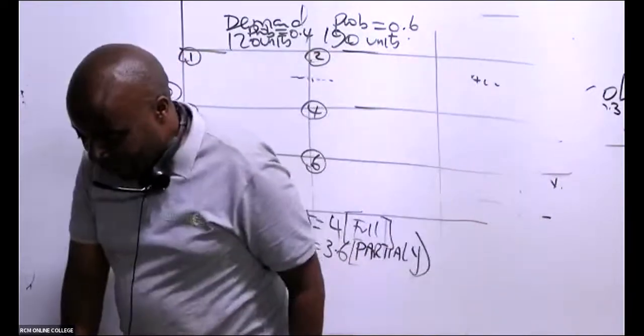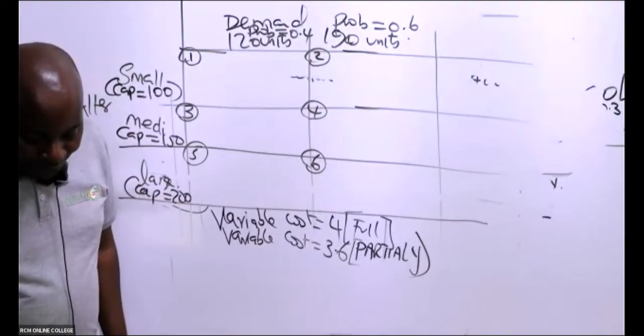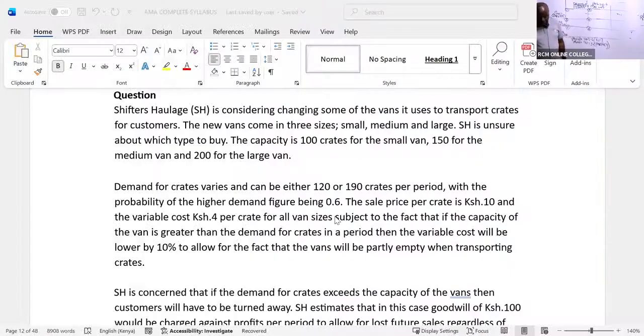3.6. Let me read this. Let's read this together because I don't want to leave anybody behind. We are told, ladies and gentlemen, here, the sale price per crate is how much? Is 10. And the variable cost is what here, somebody? 4. For all van sizes, subject to the fact that if the capacity of the van is greater than the